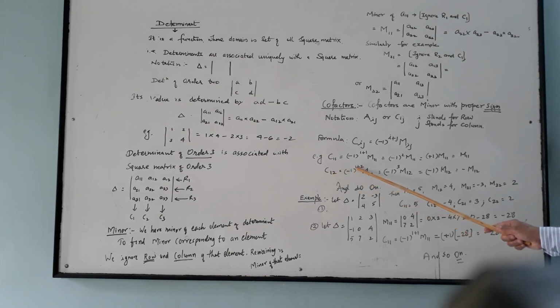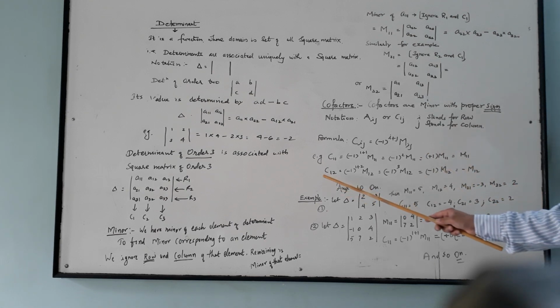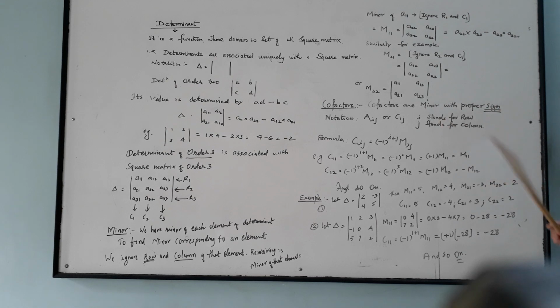Similarly, when I plus j is odd, in this case 1 plus 2, I have taken row 1 and column 2 for C12, the cofactor of first row and second column. This is capital C, remember. So 1 plus 2 is odd, and the sign of the minor is now minus, so we have to put a minus sign before this minus. So cofactor and minor will have opposite sign in the case of I plus j being odd. Here I have given you one example also.